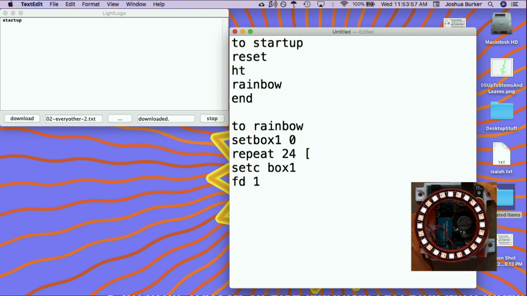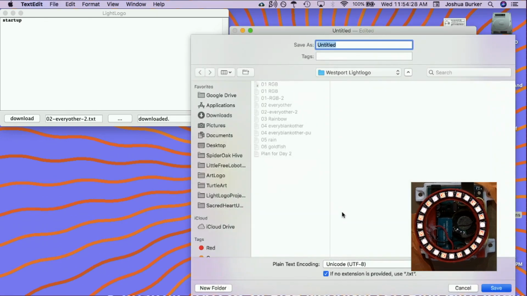Okay, there's 24 pixels and there's 100 numbers in our Roy G. Biv, right? We want to get through them all, and then aesthetically, it would be nice for me if we covered the entire rainbow within the ring without any repeat. So what we need to do is set box1 to what box1 currently contains plus 4, because 4 times 24 is 96. That gets me pretty close to 100, and I'll have all of the colors of the rainbow in my ring without any repeats. I'll save this as 03 rainbow,